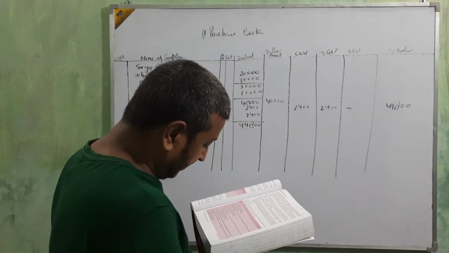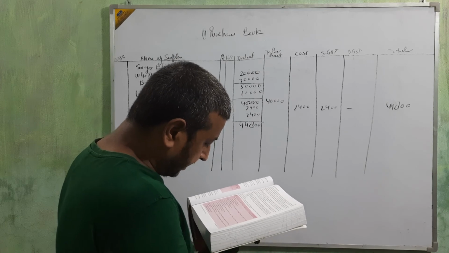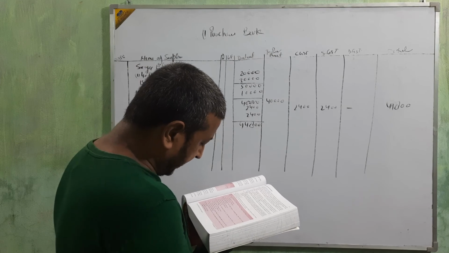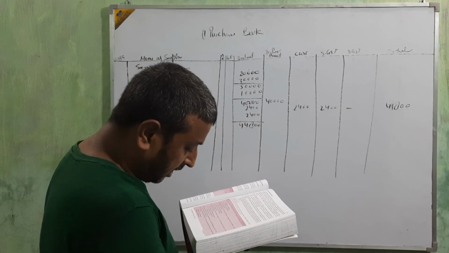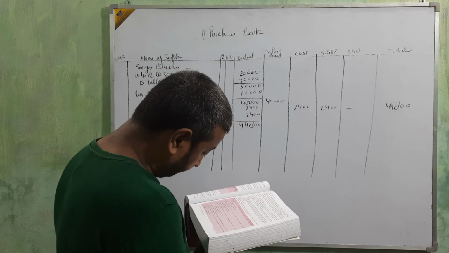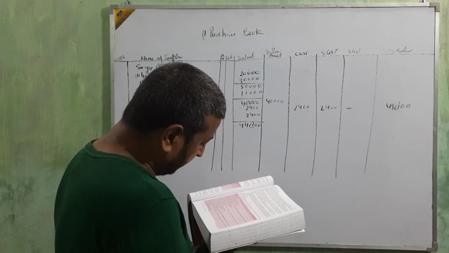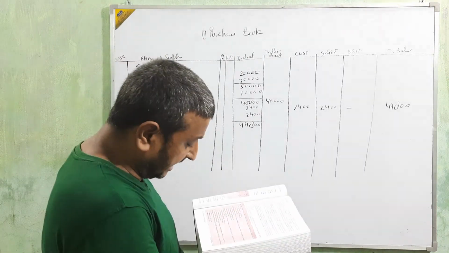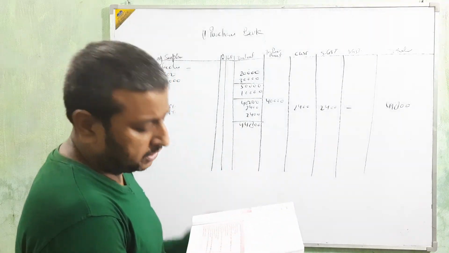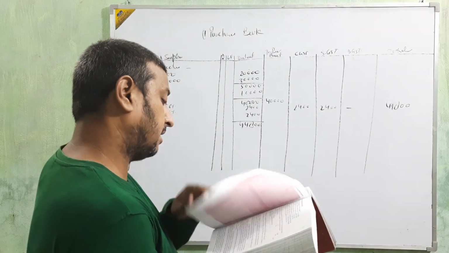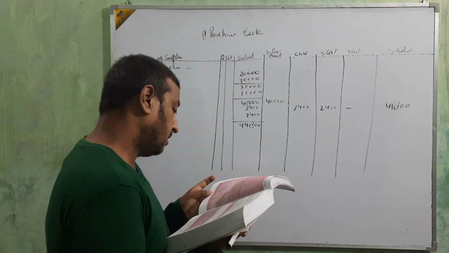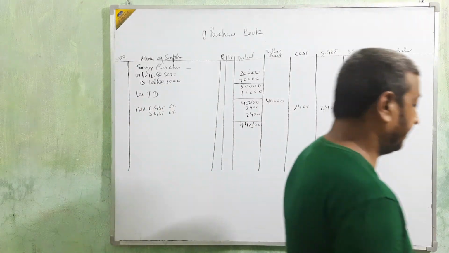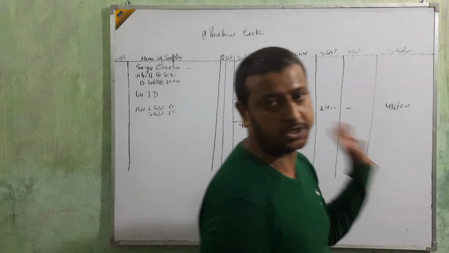Okay, just like that. Just see 22, he got the Sunny Light in cash, so we are not going to take this cash purchase or any type of asset. It is an electric shop, and he is going to purchase tables and chairs. Last, just see the last 28. So we are not going to take these tables and chairs. See in the answer. In the answer only 3 things are coming, first, second and third. The last 2 will not come. Okay, beta? And then totaling and just finish this question.